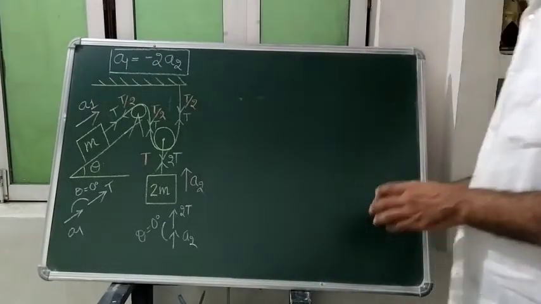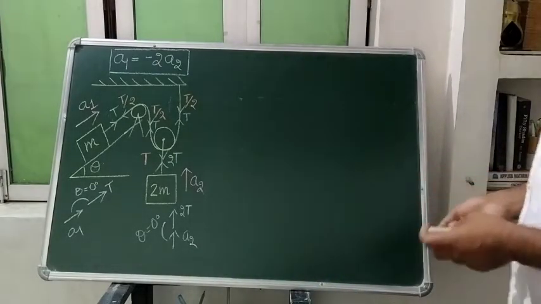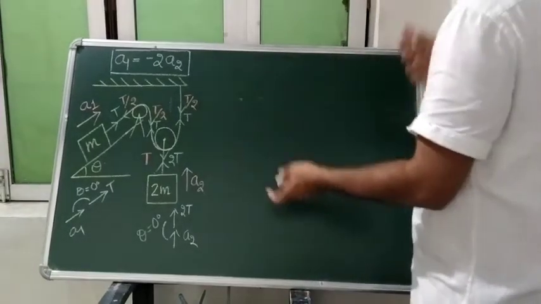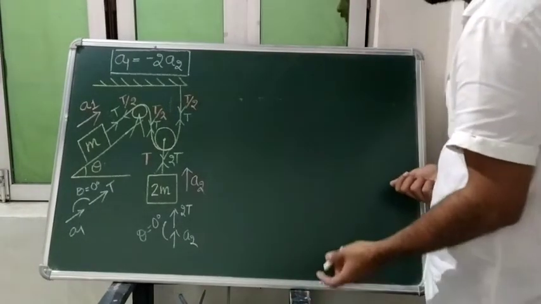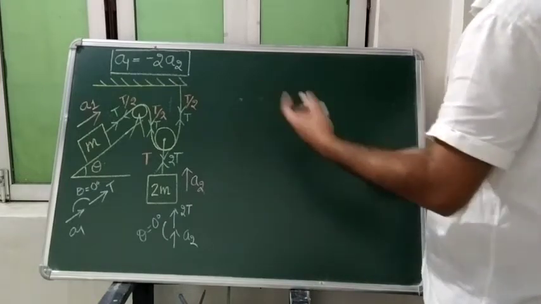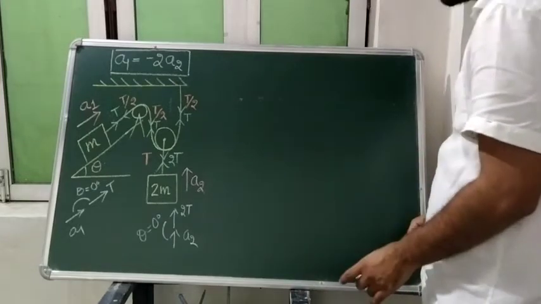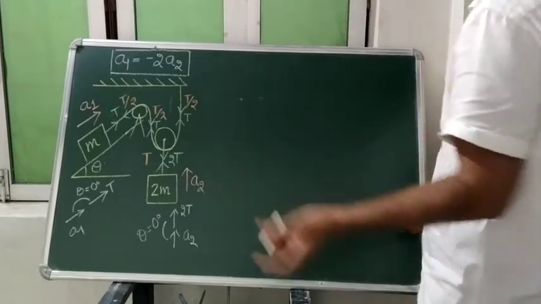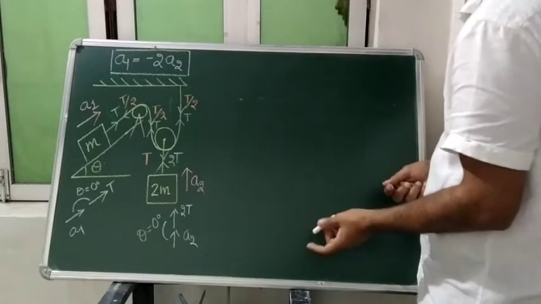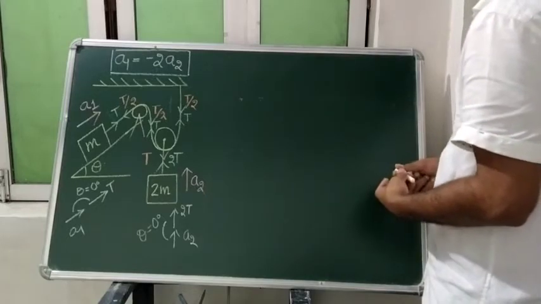Okay. So why are we doing this? Here we are looking that the accelerations of the blocks are coming different. In earlier cases, we have seen that the acceleration was the same in the system, but here the acceleration is different. So what will be the use of it? That we want to know.